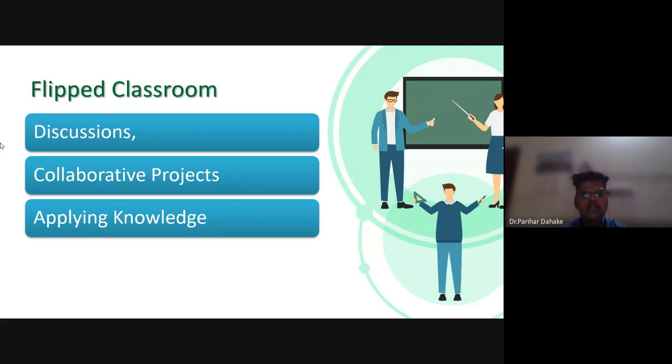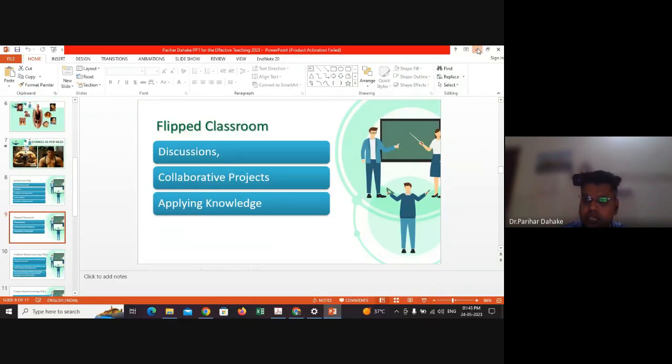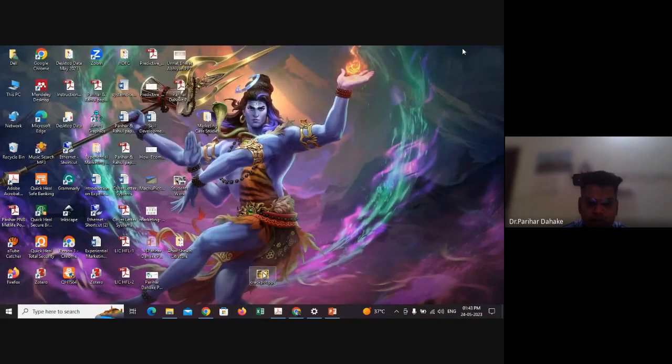Here I'm going to take an example. In the flipped classroom, I conducted one session where we took all our students to the villages. In those villages, our students started learning what the problems of the villagers are. I'm going to escape this slide and show you one more slide which will tell you what kind of solutions students are coming up with.